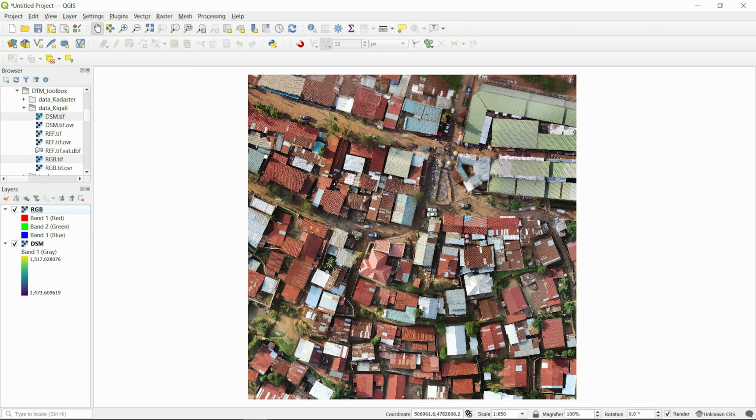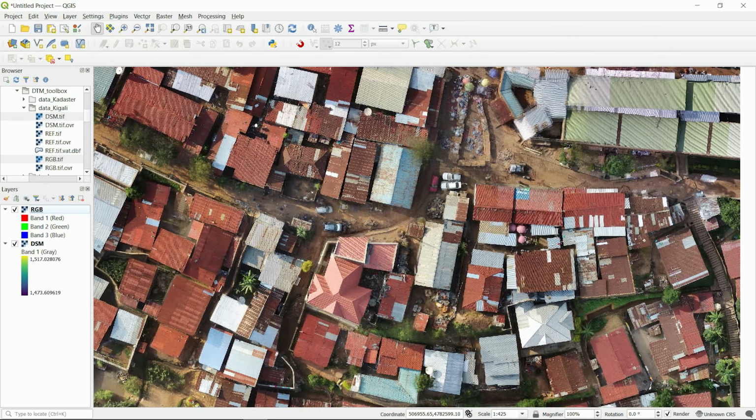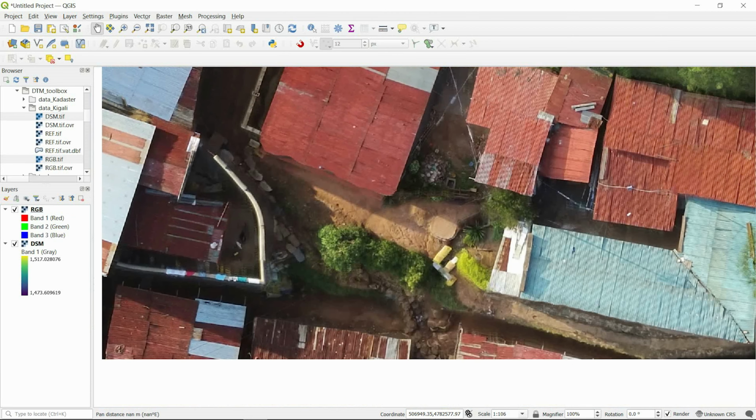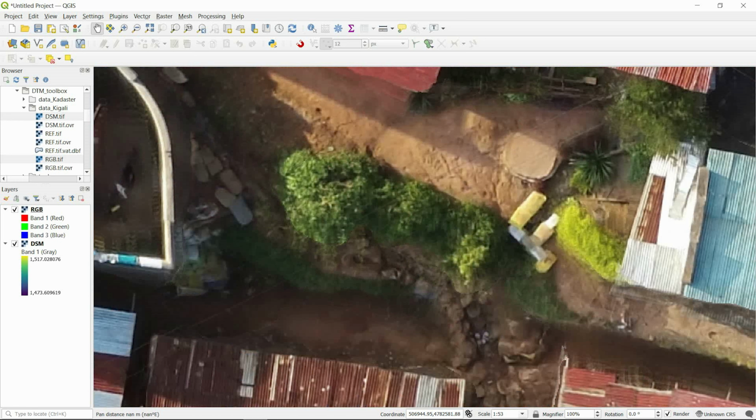Exactly. And you can imagine that assessing the height is important if you look at things like drainage. So if we zoom in on the image, we can see that there are a lot of these sandbags because there are a lot of drainage issues in this area. So having the digital surface model really helps understand, for example, where the water is going. Okay, this would be possible already with the point cloud or just the elevation map. How does it help when you have both of them together?